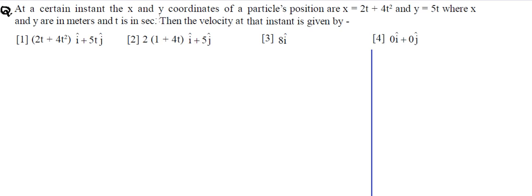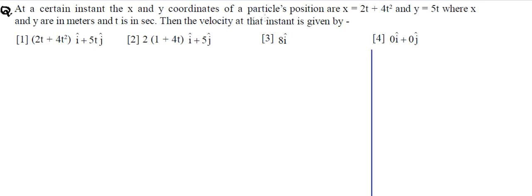This is purely a physics question, which is using the velocity, position, and all that. But here some mathematics is involved. Apart from the vector, you will find calculus is also involved. Calculus you will be learning in the upcoming part of mathematics for physics. So some new points will be coming here. I will be explaining them in short, and in detail you will be learning in the upcoming videos.